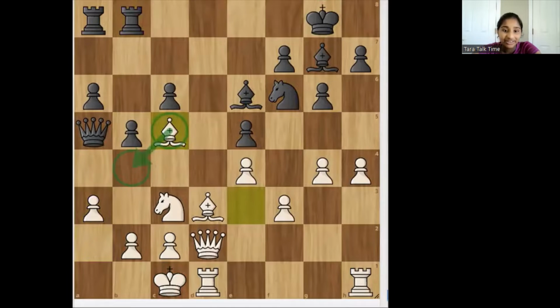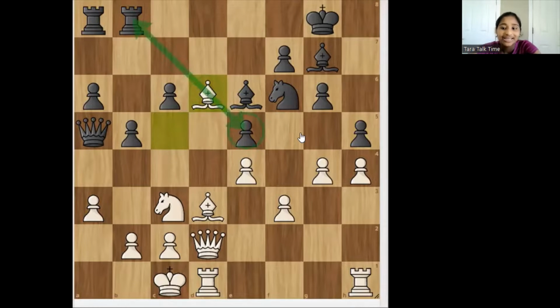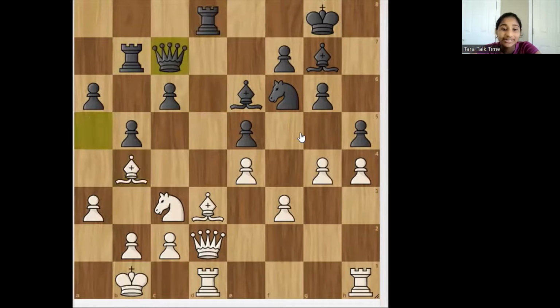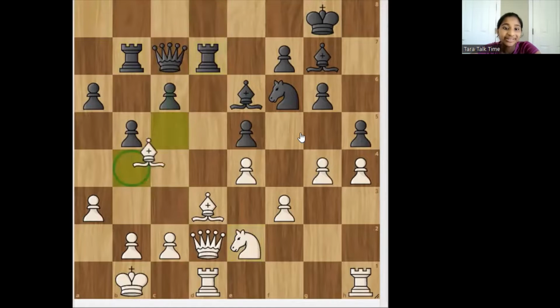So then we have h5, stopping white's plan of playing h5 himself. And then we have bishop to d6, just attacking the rook and pressuring the pawn. So then we have rook b7 and king b1. And then we have rook d8, bishop to b4, attacking the queen. So the queen goes back to c7, and we have knight to e2, rook d7, and queen to c